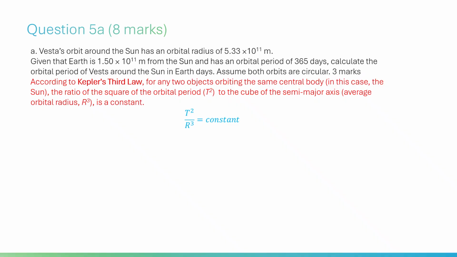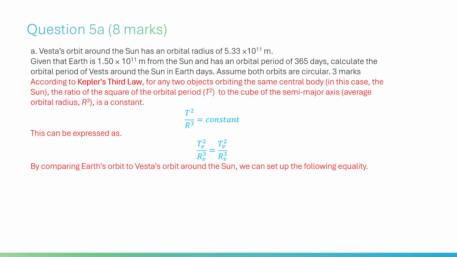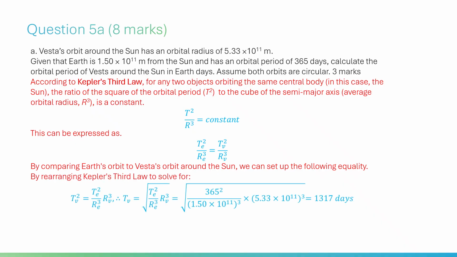According to Kepler's third law, for any two objects orbiting the same central body, in this case the Sun, the ratio of the square of the orbital period to the cube of the semimajor axis, average orbital radius, is a constant. By comparing Earth's orbit to Vesta's orbit around the Sun, we can set up the following equality. By rearranging Kepler's third law to solve for